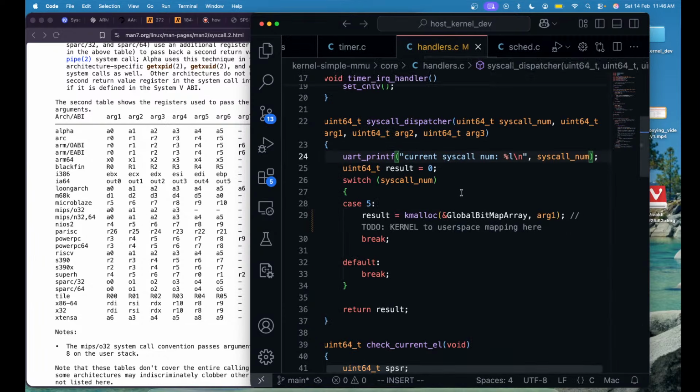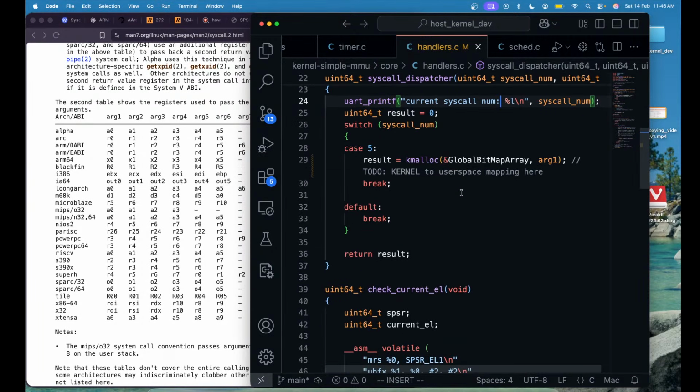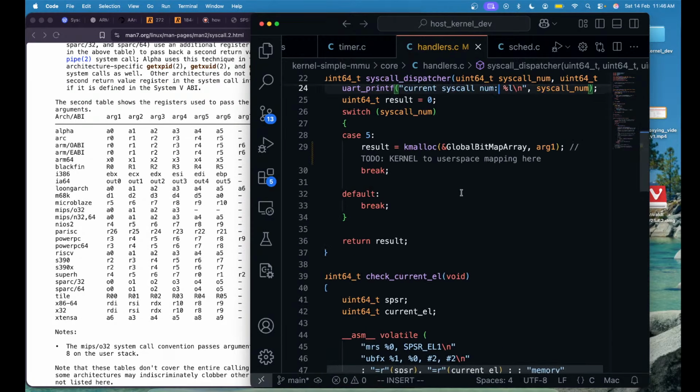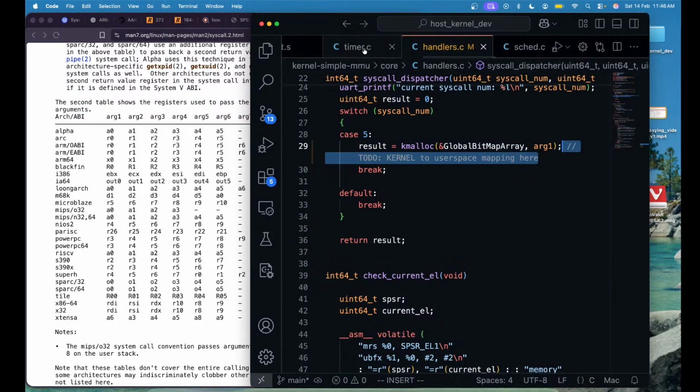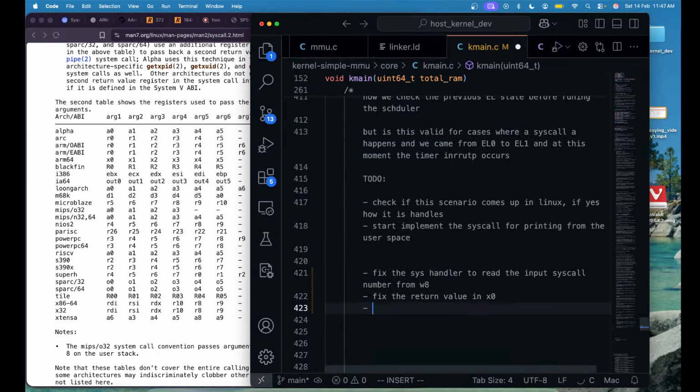Handler. Yeah, we do already have one syscall and we are returning a virtual space address, so we need to fix that. And I've already added that fix here, so let's just add that here too. Add user space map from kernel for syscall